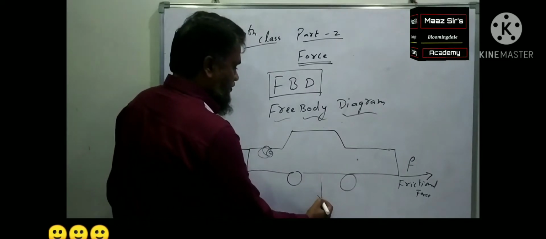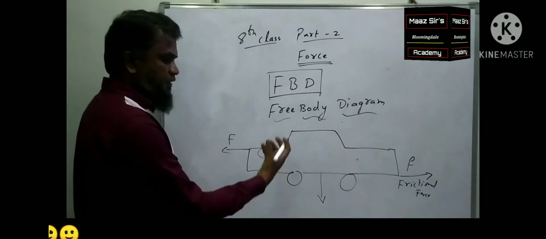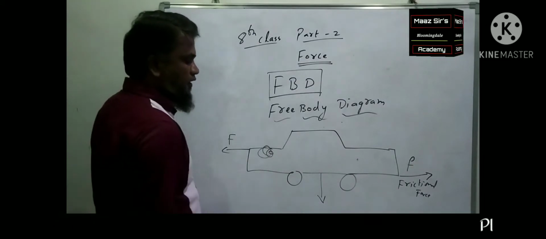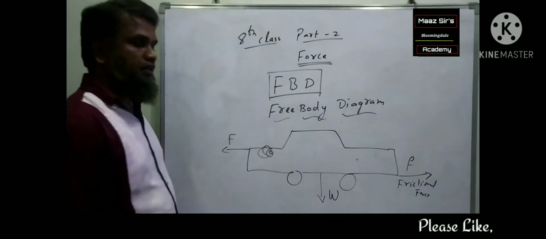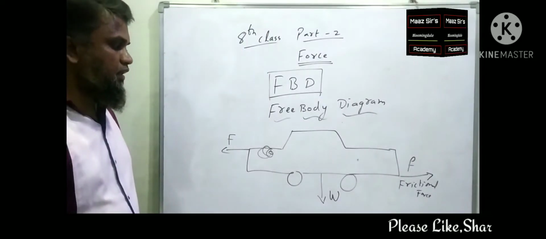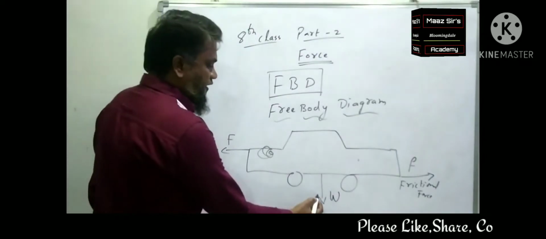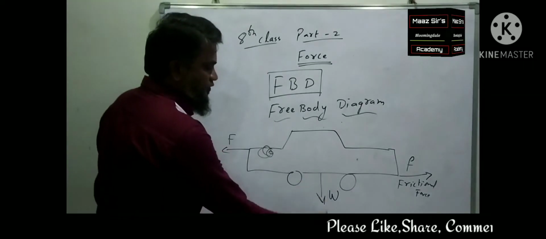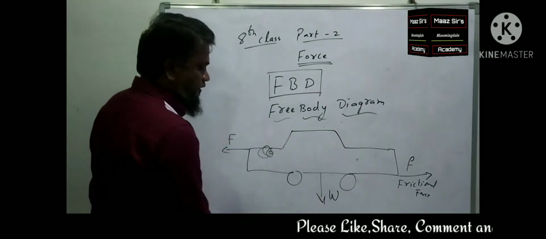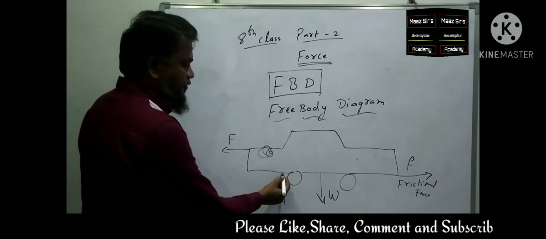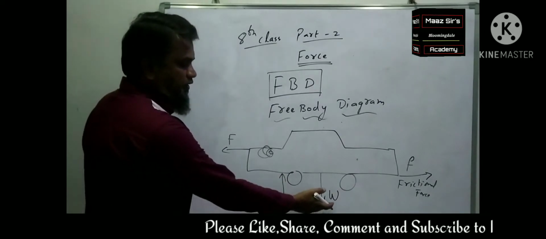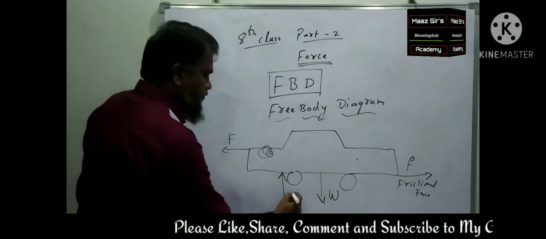One more force is acting, which is pulling the car towards itself, that is the weight of the car. Whenever we show the weight of a car, it is always in the downward direction. At the same time, an opposite force is acting upwards,